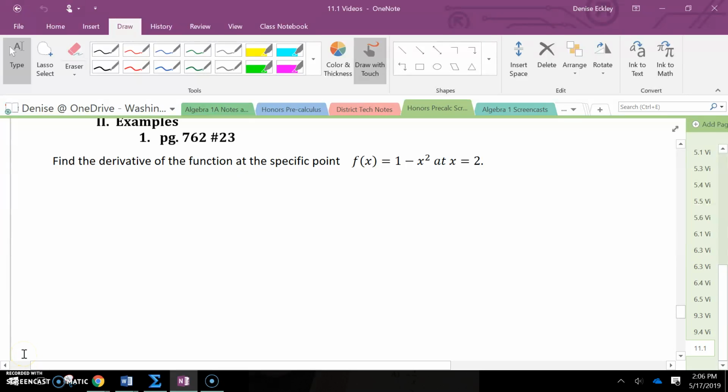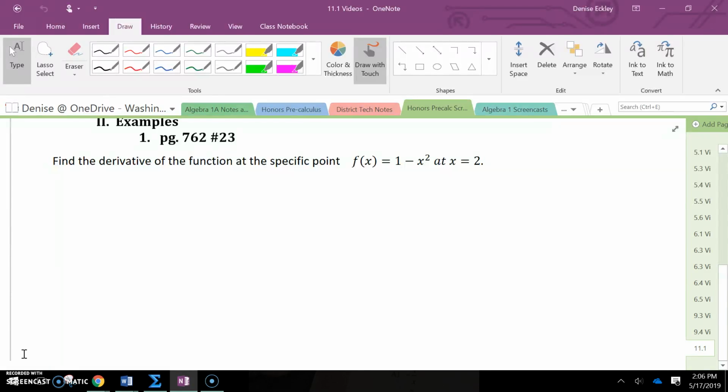Page 762, number 23. Find the derivative of the function at the specific point. So our function is f of x equals 1 minus x squared, and we're looking at the point x equals 2. So we're going to use the definition of the derivative, and I'm going to use the alternate one, which